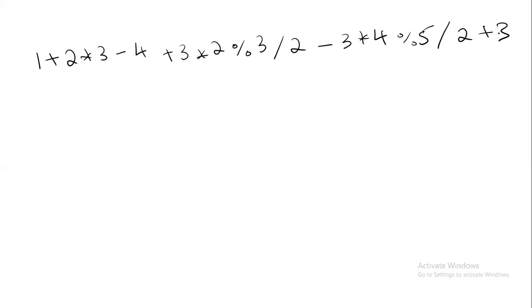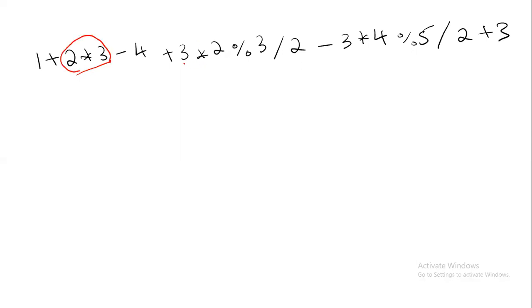So if this is our question, what do we have to do? We have to see first which operator has the highest precedence, the highest priority elimination method. Which operator has the highest precedence, you have to group them, that operator and the operands connected to that operator. Let's see here. Let me use a different ink. So this has the highest precedence. The multiplication operator has two operands. You have to group those two operands.